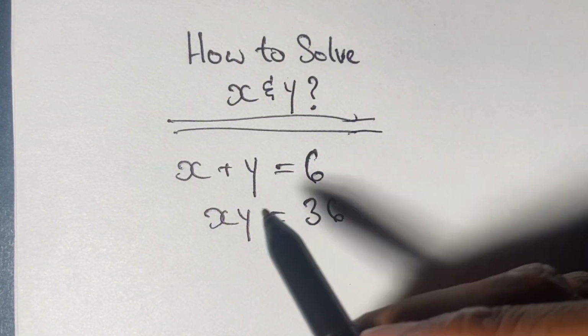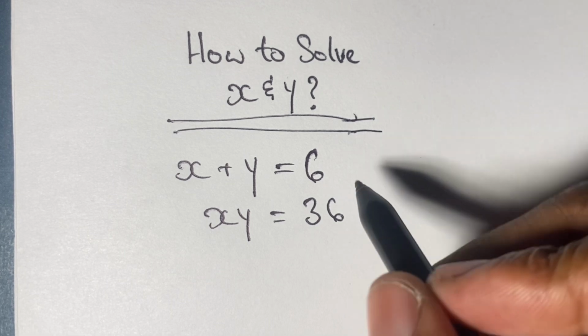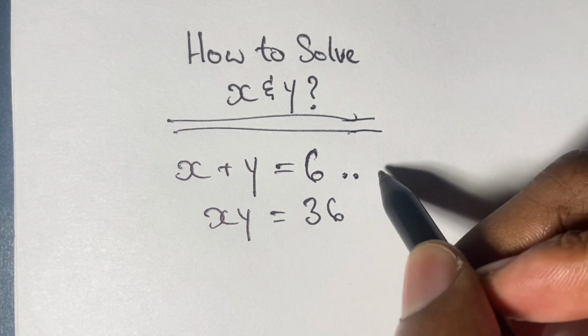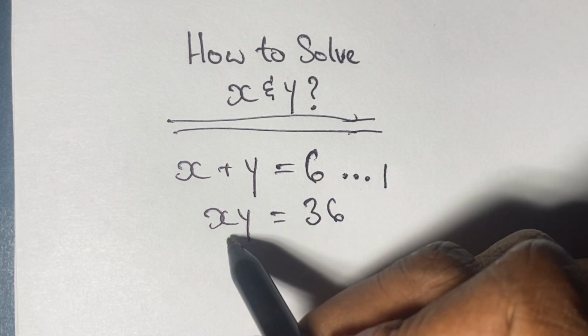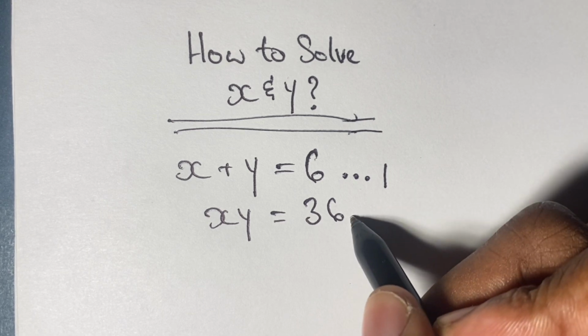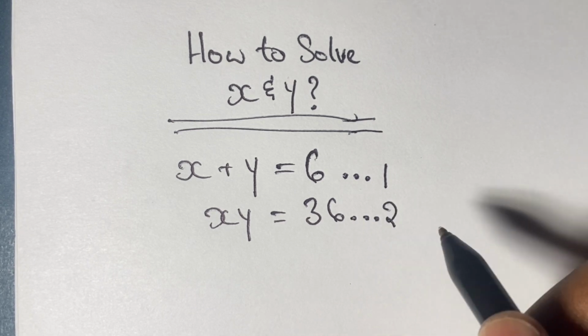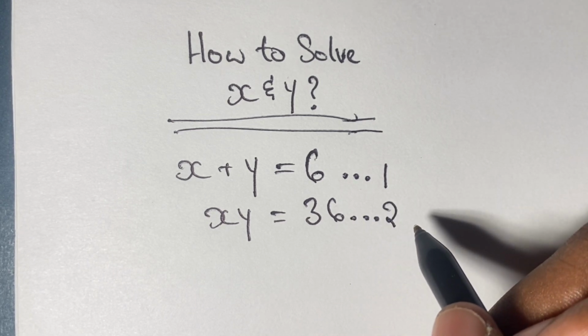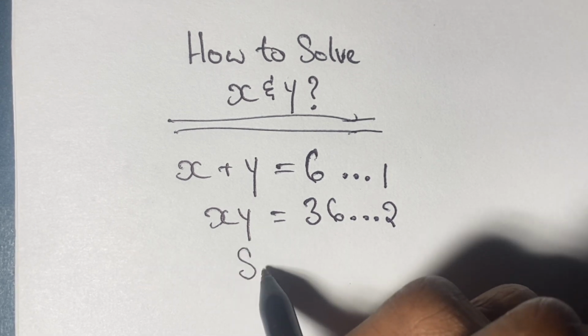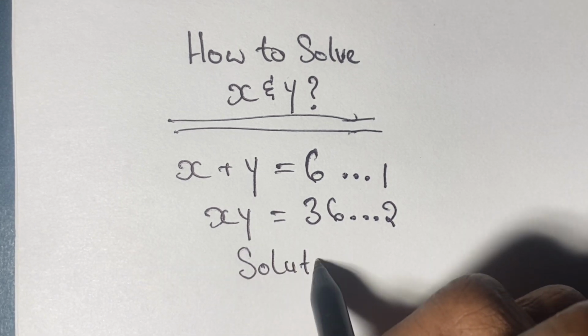Here we have a pair of simultaneous equations that we are going to solve. In equation 1 we have x plus y is equal to 6, and in equation 2 we have x times y is equal to 36. By looking at both equations we can see that our solutions will be complex, so join me as I